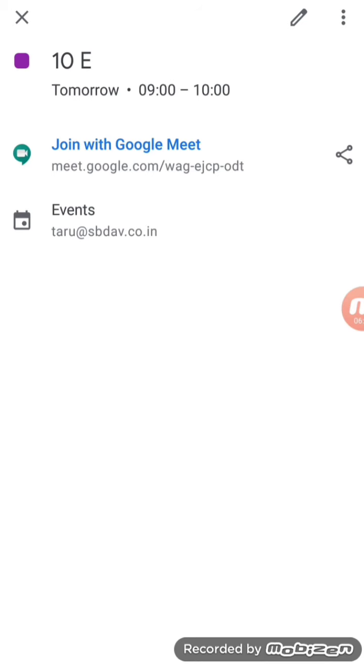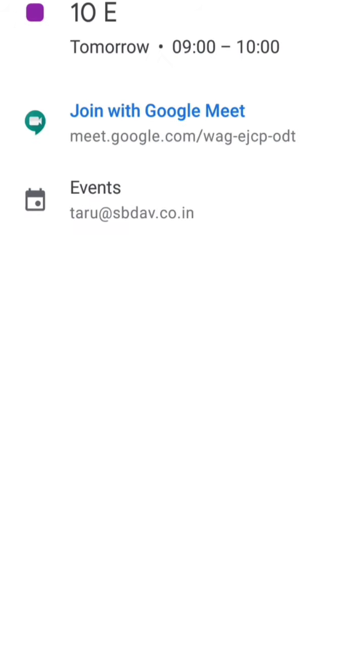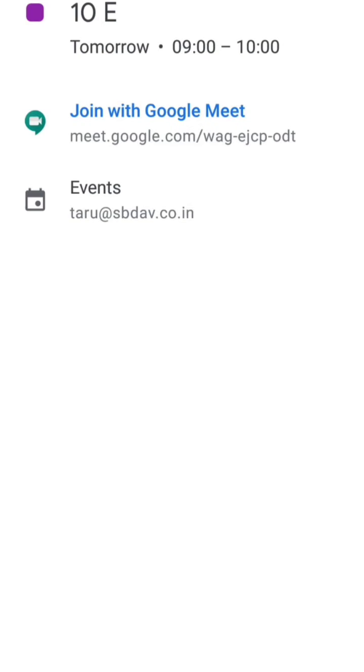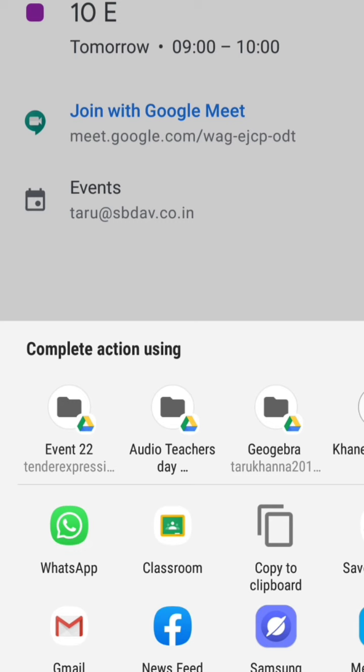It will suggest the options that are available to me for sharing, that is through Google Classroom or WhatsApp or any other option. So I will press upon WhatsApp, and I can share this link with anyone, and then I can take my class by pressing upon the link or directly joining through Google Calendar.